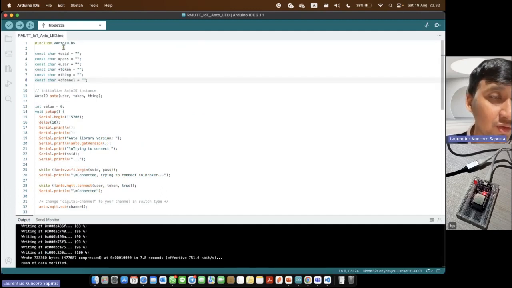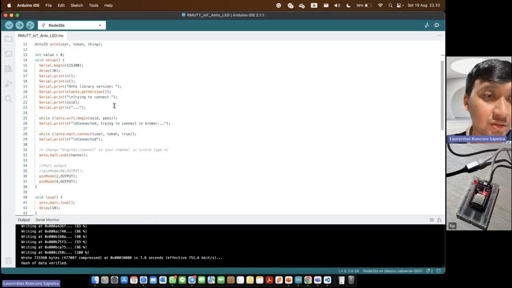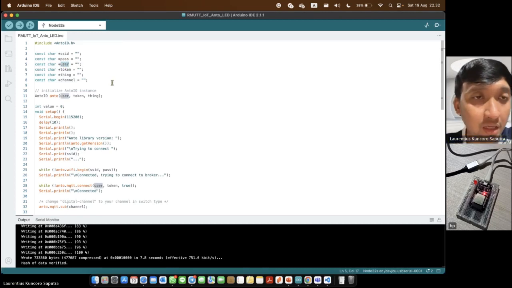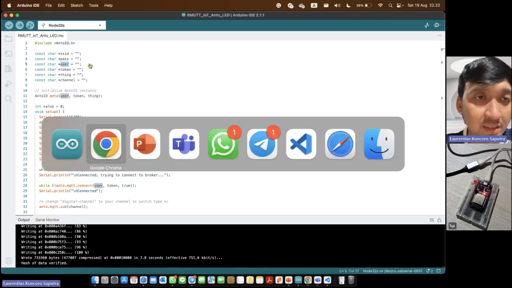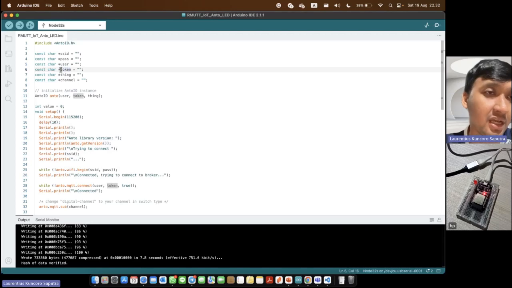From the code, you can see it in my GitHub. This is the code, and you can put in the SSID, which is your Wi-Fi name, and your Wi-Fi password, and you can put the user. The user is the Anto account. You can find this user here, the account name in Anto, and then the token. The token is the key.